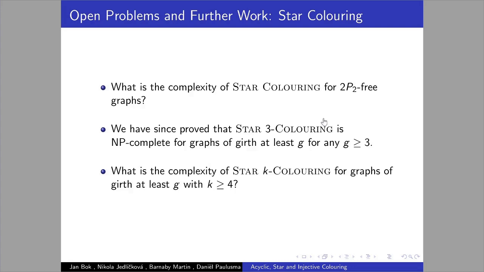And then star coloring, so we have one open case of star coloring for 2P2-free graphs. And then we think we proved that star 3-coloring is NP-complete for graphs of girth at least g for any g at least 3. And we would like to